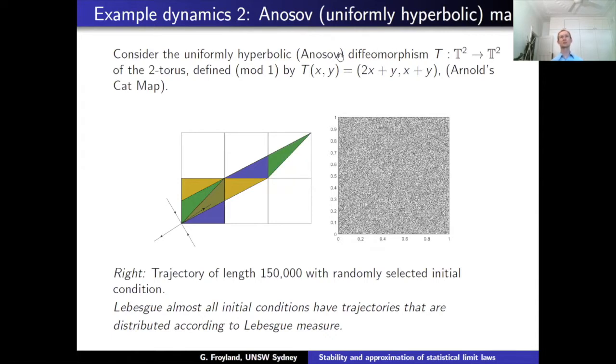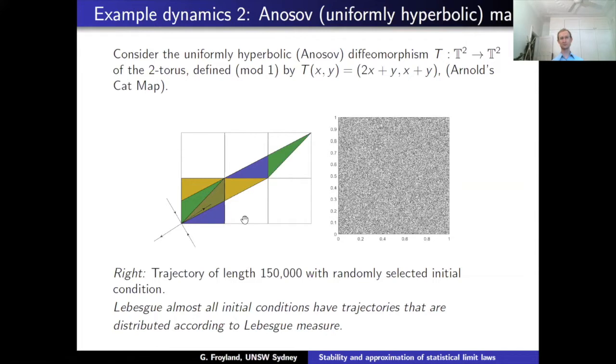And the classical test bed here are called Anosov diffeomorphisms. And this is maybe the most well-known of those. This is a linear automorphism of the two torus, known as Arnold's cat map. And so if you flatten the torus to a square, okay, so you identify the left and the right sides and the upper and lower sides because you've got a torus. If you apply the linear map to this square, then you get this parallelogram. And because you're on a torus, you're doing all the computation mod 1. So these pieces all fit nicely back in together to the torus, and you get a nice smooth map of the torus.